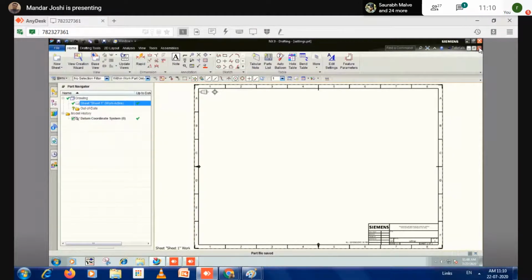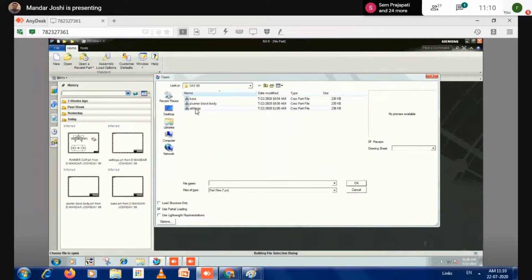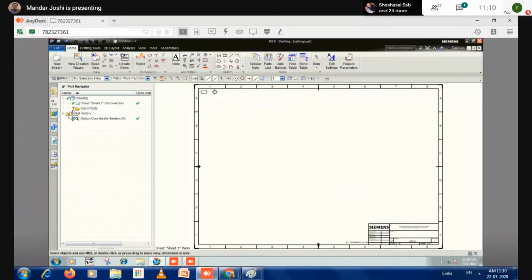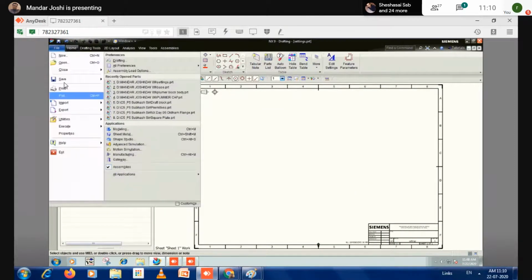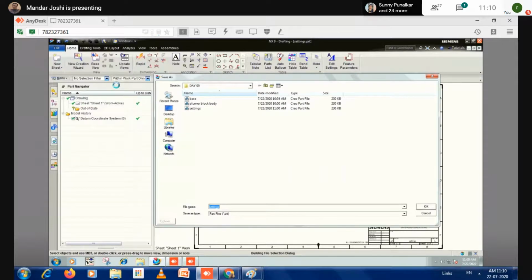Now close this. While taking any new component, first you have to open that setting file and do save as file. Save as. Suppose the component name is a shaft.